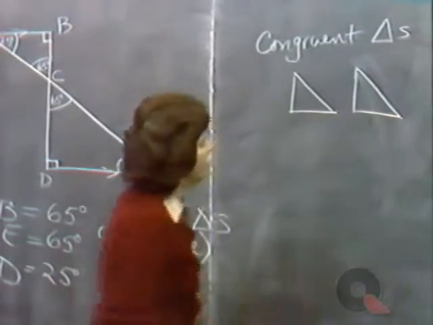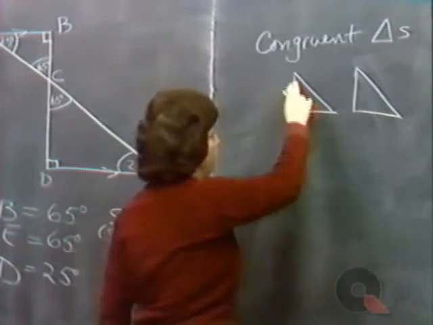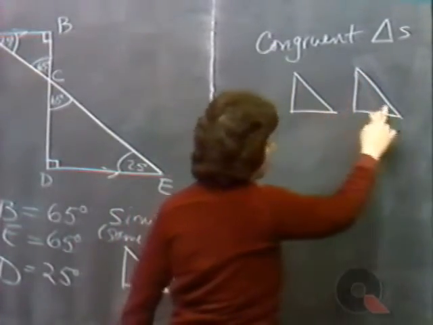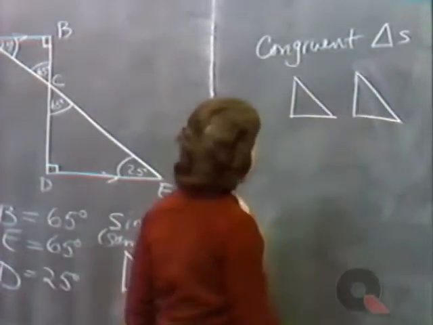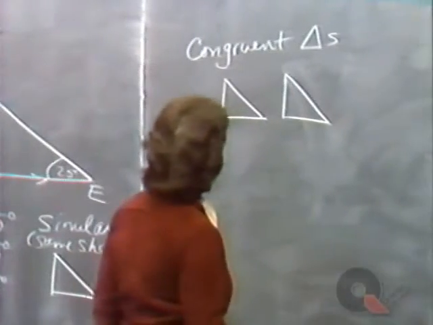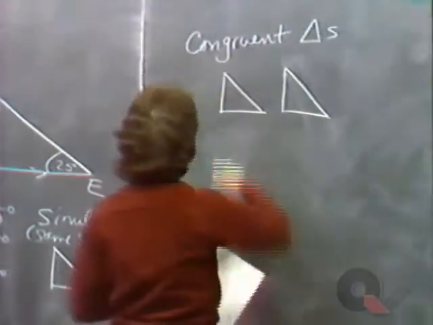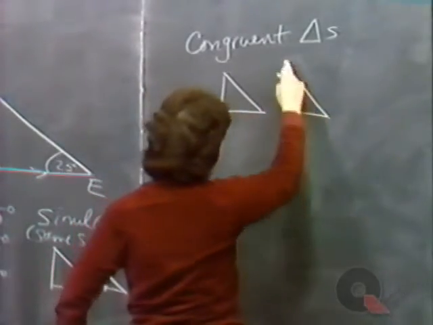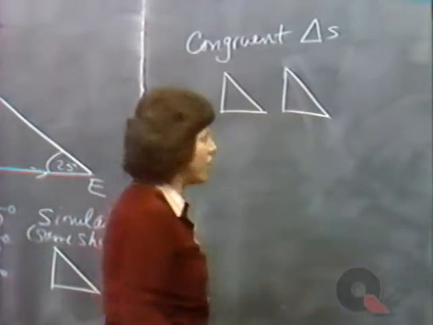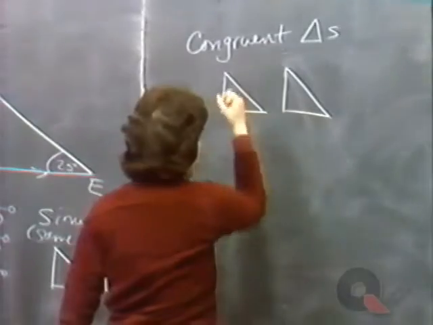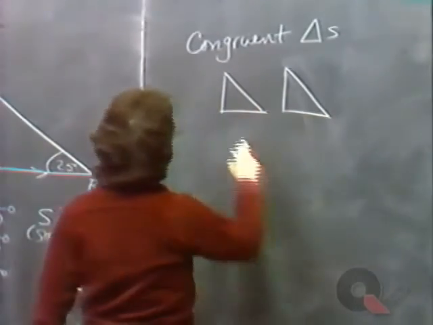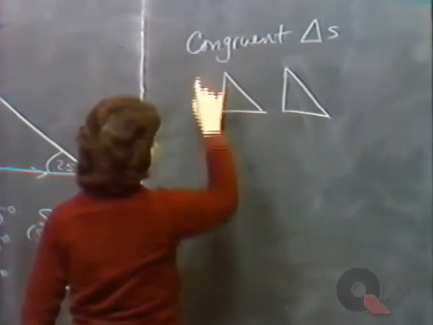I'm asking you to believe that these not only have the same shape, they're similar. In other words, this angle is equal to this angle is equal to this angle is equal to that. Not only the same shape, but also exactly the same size. If you were to cut this one out and superimpose it on this, it would exactly cover it up. These are identical, like stamped out by a cookie cutter. These have not only the same